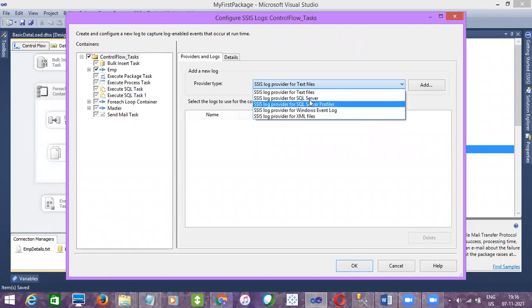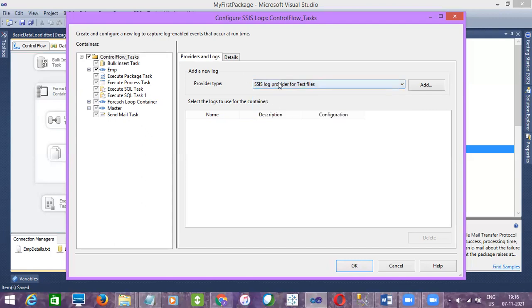These are the types of logging we have in SSIS, but majorly we'll use log provider for text file and log provider for SQL Server. We have to remember at least 2 to 3, and you can say in my project I have used SSIS log provider for text files and SSIS log provider for SQL Server, right?